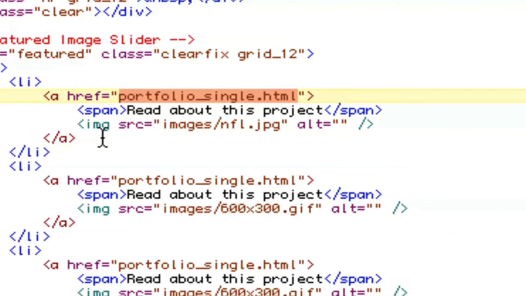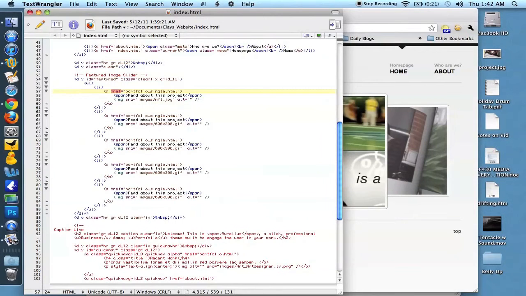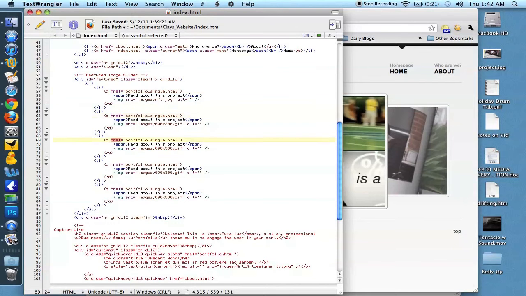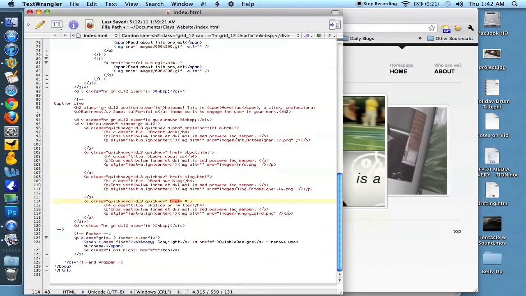The tag for a link is called href, which is hypertext reference. Okay, so if you search your document for href, you can go through and find all the links within your document. Okay,